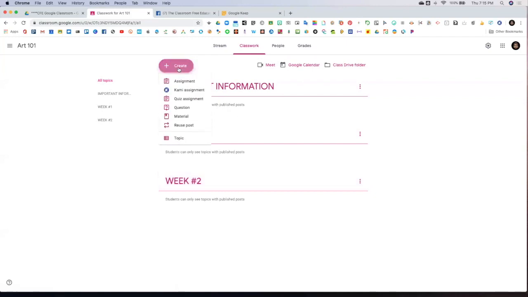So if I want to create, let's see, an assignment is something that's going to be graded. It's something that a student has to complete and return to you. A quiz is just like an assignment, but it's an assessment. A question is kind of like a discussion board question. You post a question and then everybody responds. A material is just anything else. It could be a resource, a reference, or anything, but it doesn't necessarily require a response or the student to submit something to you. So if I want to post my course description,